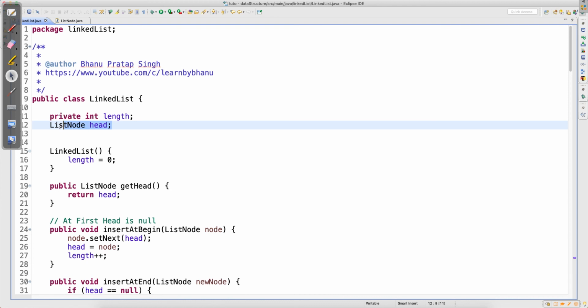You also need to understand the importance of this variable, why this head is required. Let's say if this was not there, then how would you have handled it? And what is the benefit of the head node? If there is no head node, how do you identify the list? All of this we need to see.